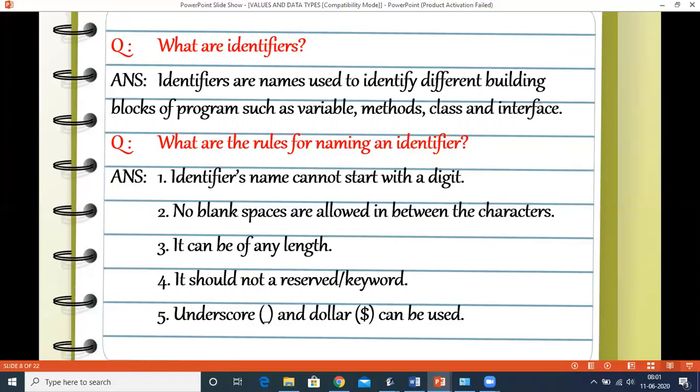No blank spaces are allowed in between the titles. If you want to give a blank space, you can give an underscore in place of a blank space. It can be of any length. It should not be a reserved keyword except main, which can be used as a method name. No other keyword can be used as an identifier. Underscore and dollar can be used.